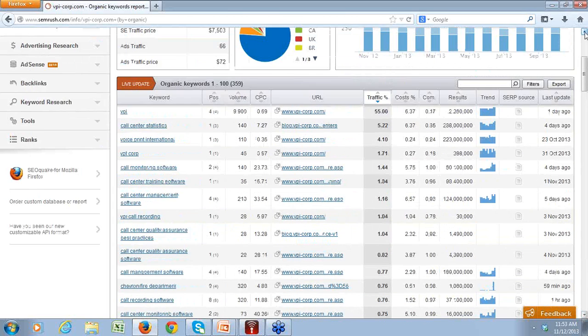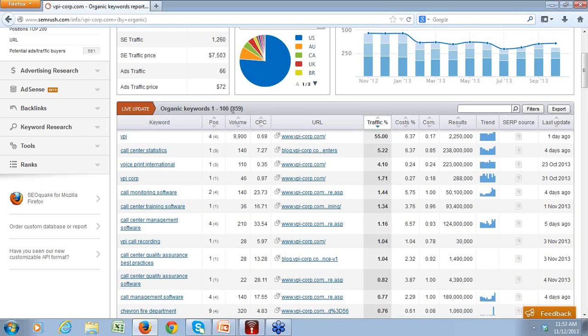So if you look over here, you can actually see all of the 359 keywords with the specific keyword, the position that they have right now, their previous position in brackets, the search volume related to that keyword that's pulled from different data sources that SEM Rush utilizes, and the current CPC for this keyword. So look at this keyword, call center statistics. I mean, $7 for this keyword, and the client was ranking in the third position,